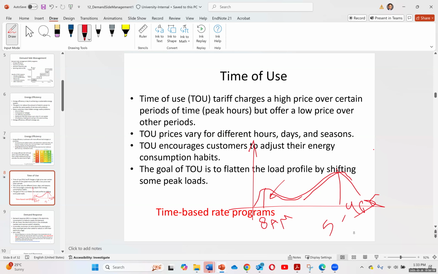They want to turn on their lights, their dishwashers, and so on. So you're going to see another peak, and that's the reason they call it the duck curve. It looks like a duck, and we want to shift these two peaks